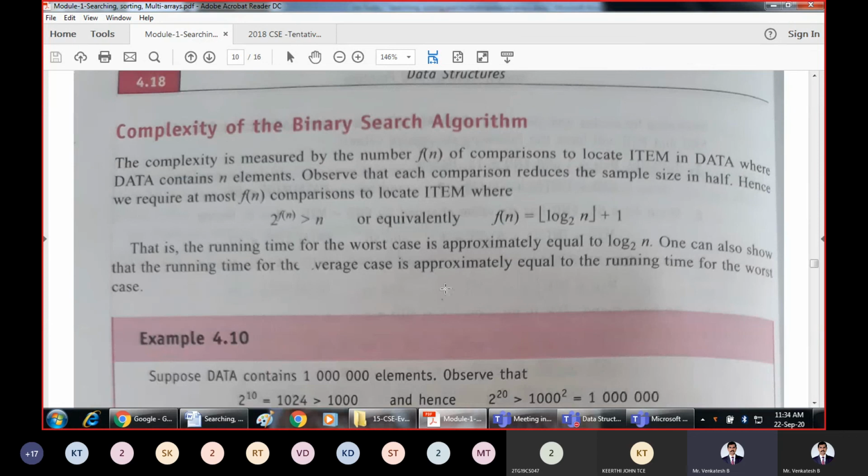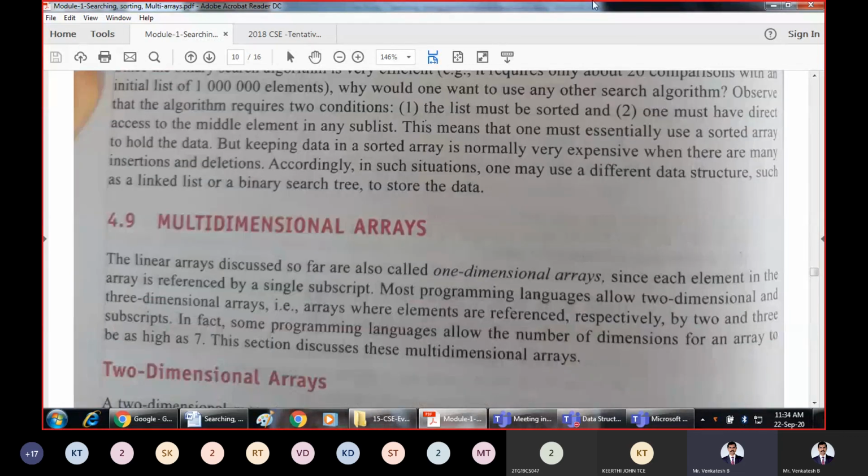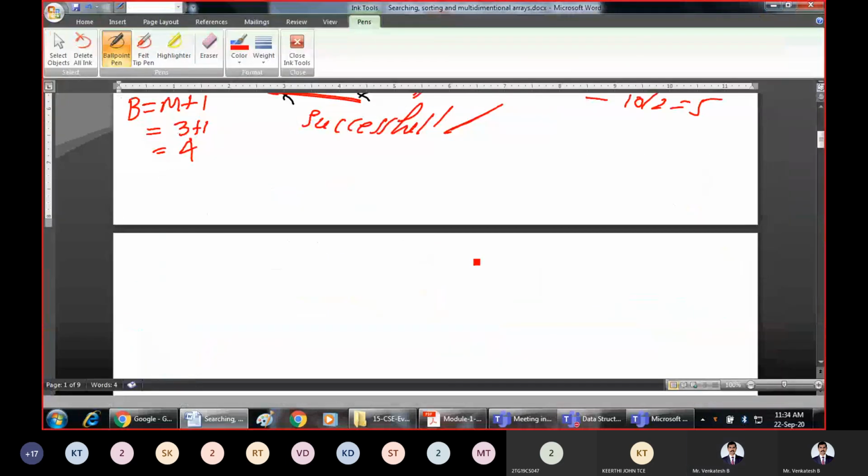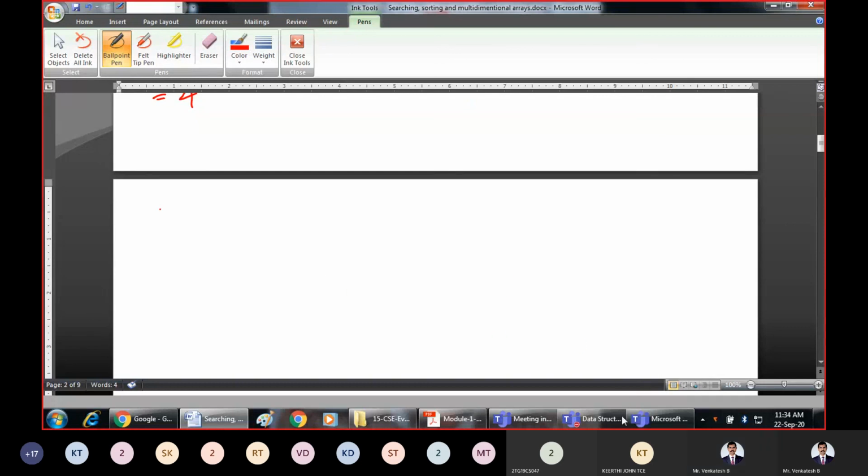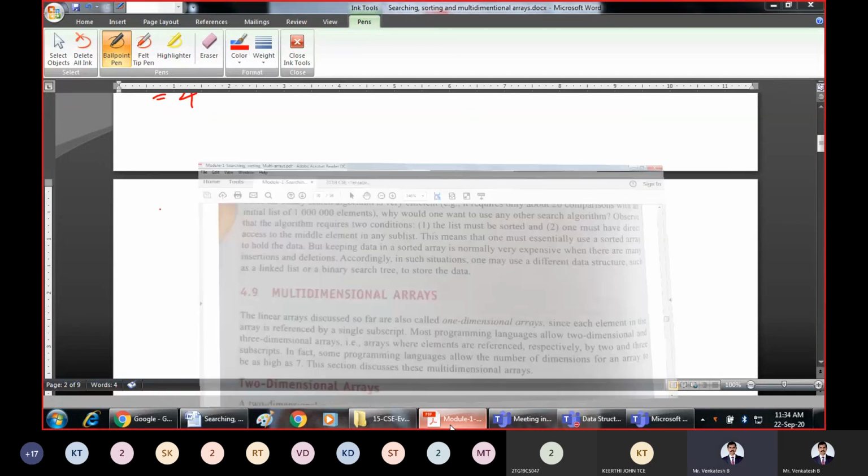So that is one example of the binary search technique.